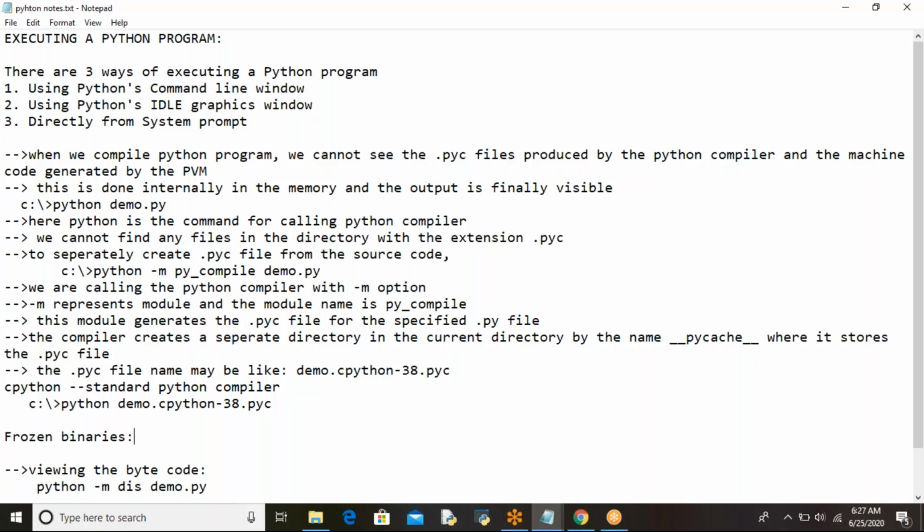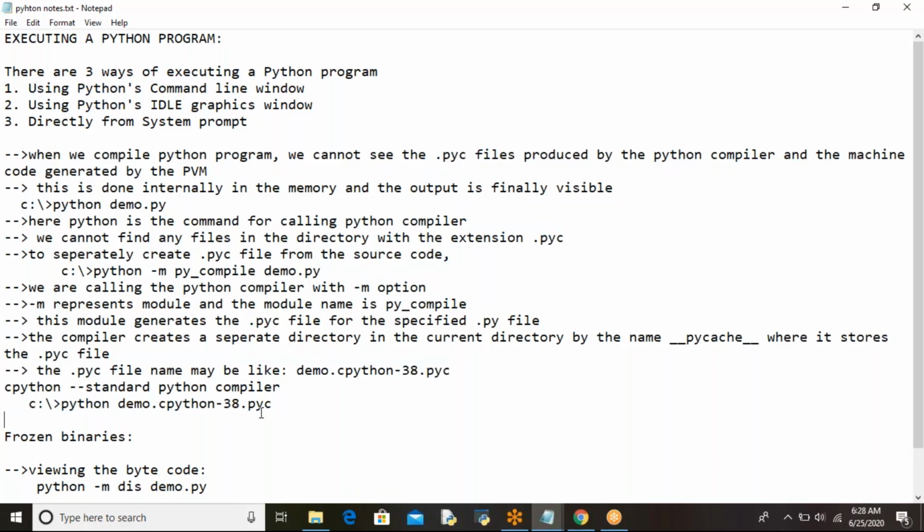We cannot do it directly here. For that, we compulsorily need third-party software, and only by using that can we create this type of frozen binaries. Understood? But it occupies more memory. Why? Because it not only contains .pyc files. .pyc files are just text files. So the frozen binaries contain both the Python virtual machine and the library files, everything, which obviously will occupy more size. Understood? Any doubt here?